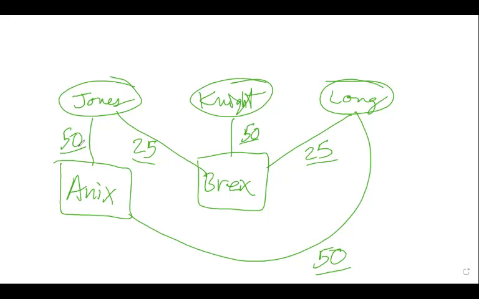So we got a lot of 50s on the board here. None of these people are related. None of them appear to have straight up direct control of any of these companies. There's no ownership between the companies, like the Annex doesn't own Brex, Brex doesn't own Annex. These are owned just by individuals.